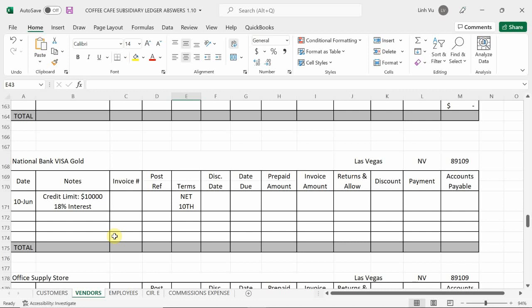In this case, we haven't been billed by National Bank Visa because one, we're still using the credit card, right? We're still racking up all the money on there and we haven't been charged or calculated interest yet. So in this case, that's correct. We don't need to tap into the National Bank ledger account in this case because I haven't received a bill